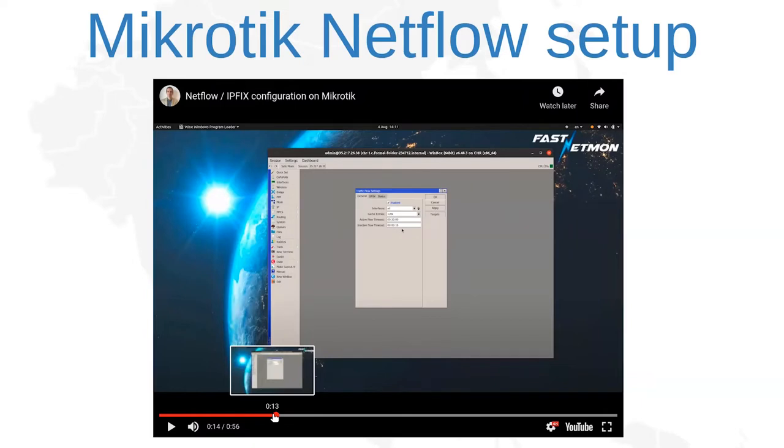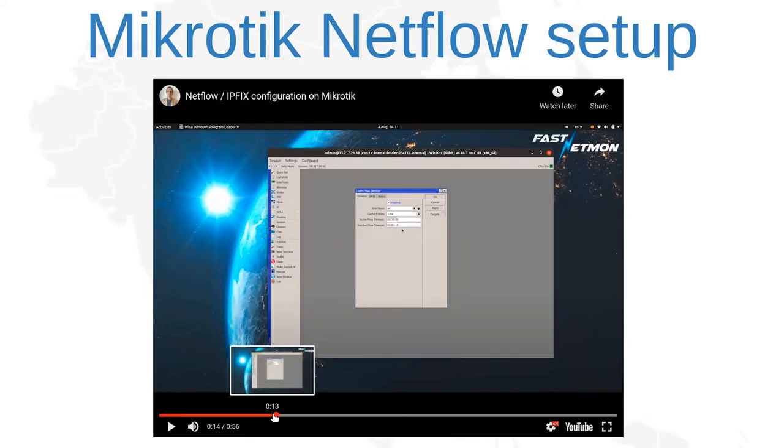And just setting a timeout of 0 seconds would easily overload the router's flow tracking system. So we select something in between. Typically we recommend using a value in the range of 15 seconds or 30 seconds for active flow timeout and